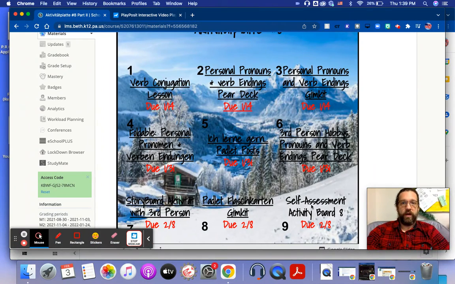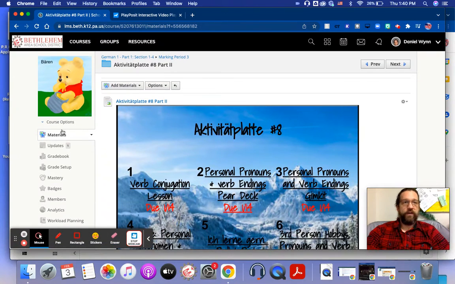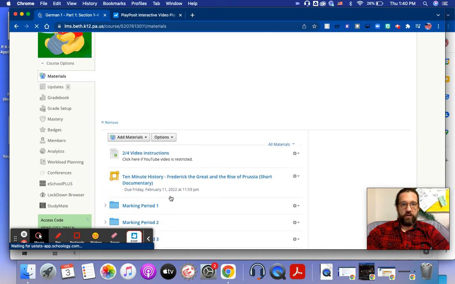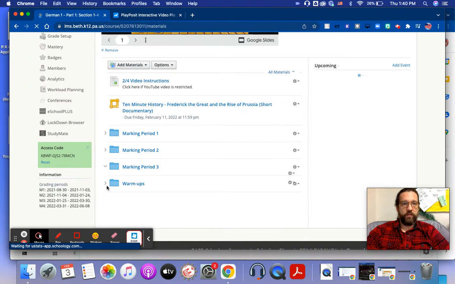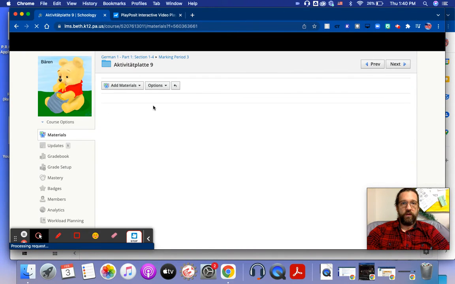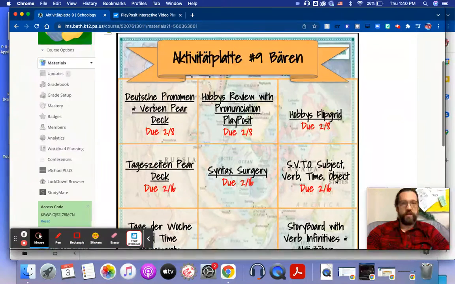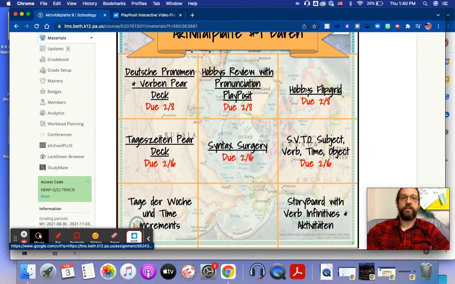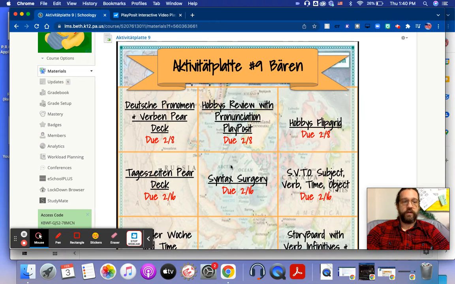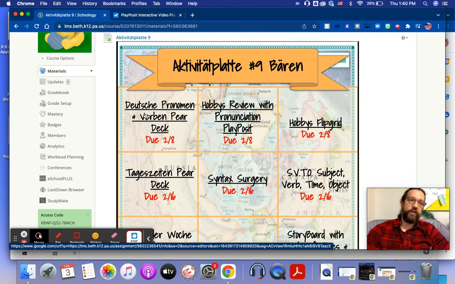So 1 through 9. And if you have finished everything in activity board 8, then you can move on to activity board 9. Also in third marking period folder. And the trick is to do these in the order you see them. So far there's 5 activities. Number 5 you won't be able to do. I have the materials for you. You won't get to that anyway after the 10-minute video,